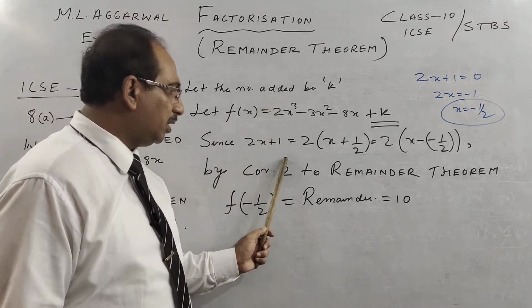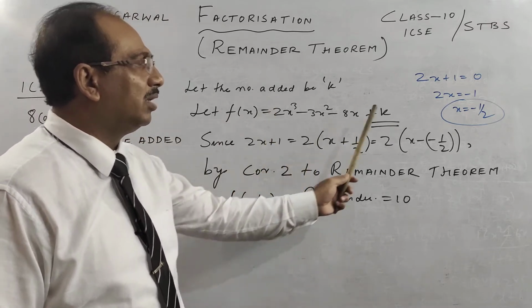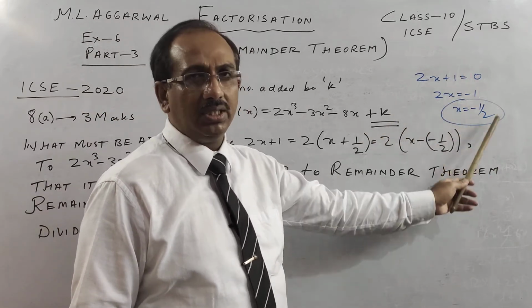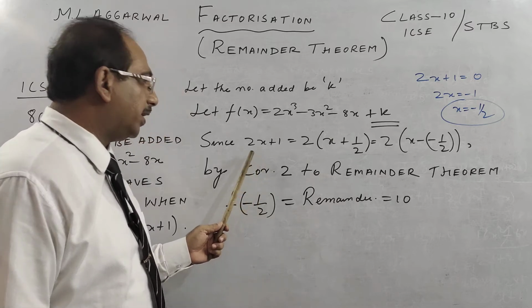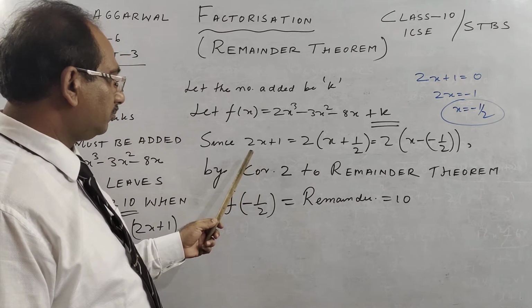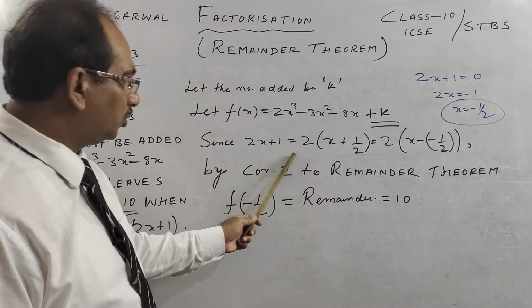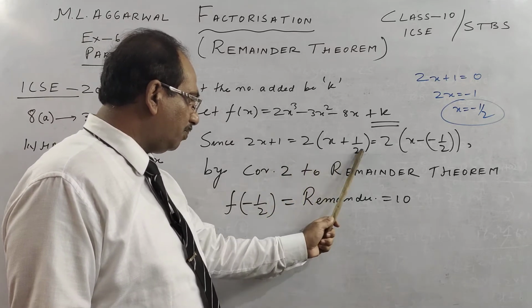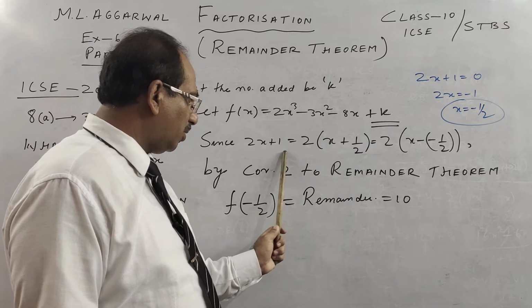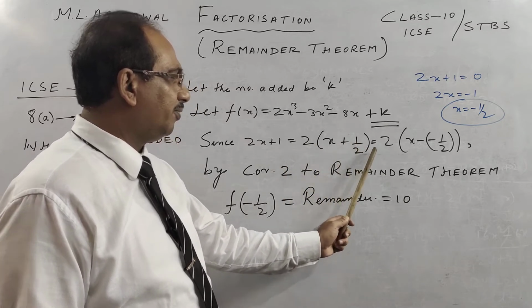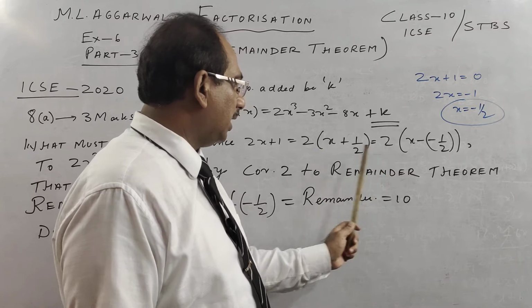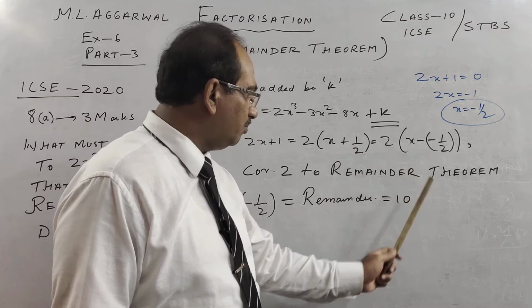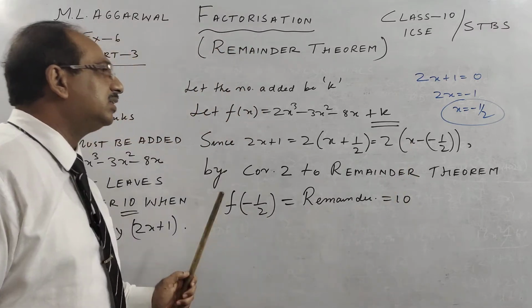So how do we do it? It will be a little hard in the beginning, but for shortcut you can do this. Okay, but how much mathematical logic is here? I doubt. So see here, 2x plus 1, you write 2 take out common. Then x and this will be half. So you multiply back 2x, and when you multiply you will get 1, 2 into half. So this 2, again I take out, this plus can be written as minus and minus. So it will give you the same thing. So here what you get, that is the remainder.